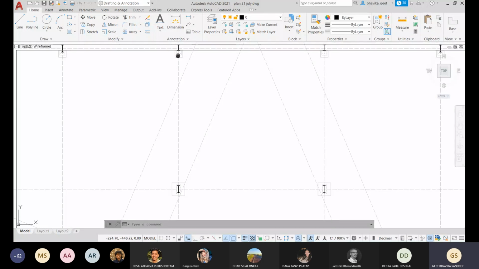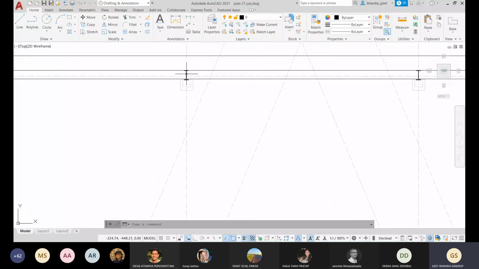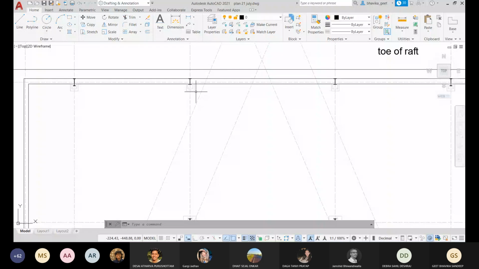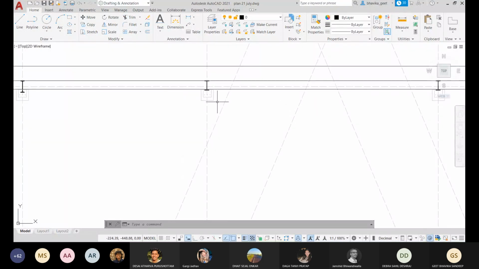I had a doubt about these ones since they are eccentric. Don't worry, that is good. That is sitting on a retaining wall, no? Yes. There's nothing to worry. The retaining wall has enough toe. The problem is that you are not showing the toe on the other side. The day you know that a retaining wall comprises a toe on the other side, then you'll gather that the footing on this side and the toe on the other side make up the entire footing, and it is no longer eccentric. Please indicate the toe of the retaining wall on the other side. Automatically, you will get it right. Okay, thank you.